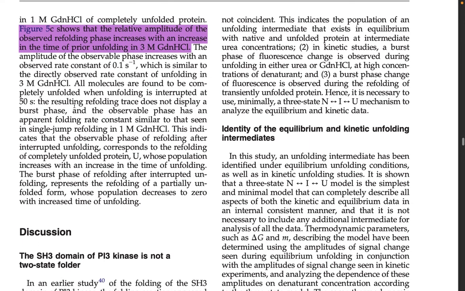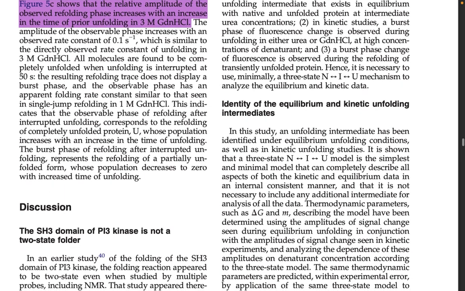All molecules are found to be completely unfolded when unfolding is interrupted at 50 seconds. The resulting refolding trace does not display a burst phase, and the observable phase has an apparent folding rate constant similar to that seen in a single jump refolding in 1 molar guanidinium hydrochloride. This indicates that the observable phase of refolding after interrupted unfolding